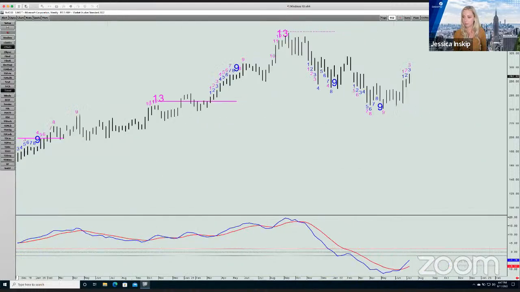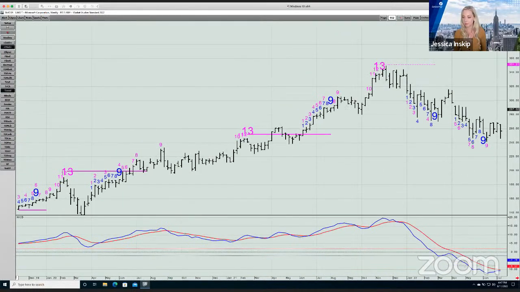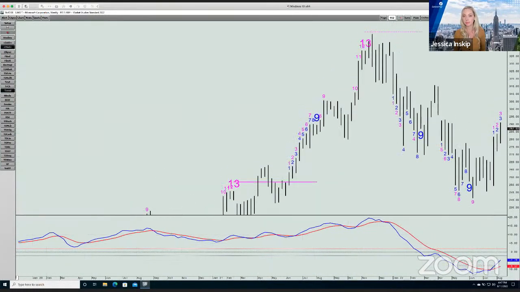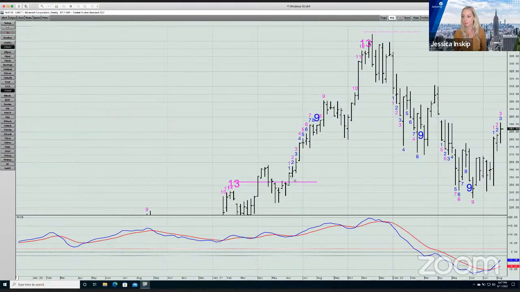I'm going to blow this up a bit so that everybody can see it nice and easy. So in this string here, this was May of last year, 2021, this bar was labeled number 1. Why? Because its close was higher than the close from 4 bars prior. What's number 2? Its close was above the close from 4 bars prior. And when you do 9 bars in a row, whatever time frame you're looking at, most especially daily, weekly, monthly,